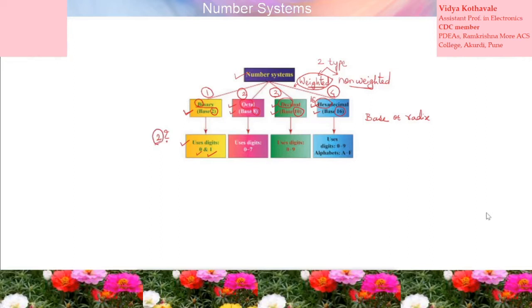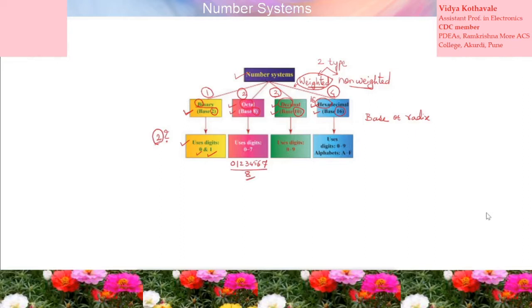In case of octal number system, the digits 0 to 7, that is 0, 1, 2, 3, 4, 5, 6 and 7, total 8 digits are used to represent any number in octal number system, and therefore 8 is the base or radix